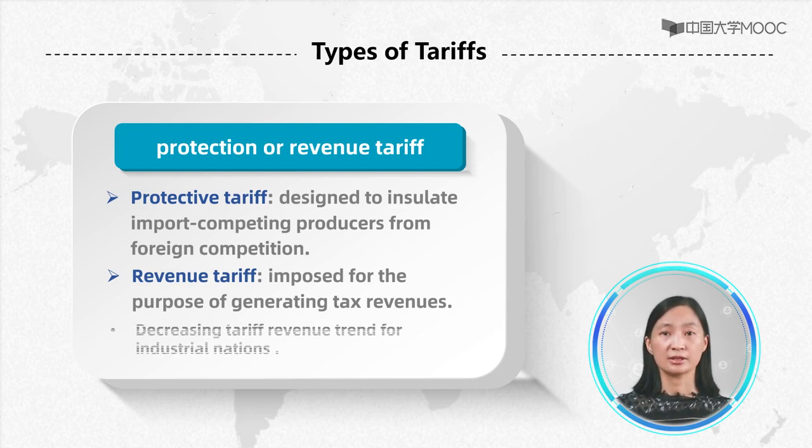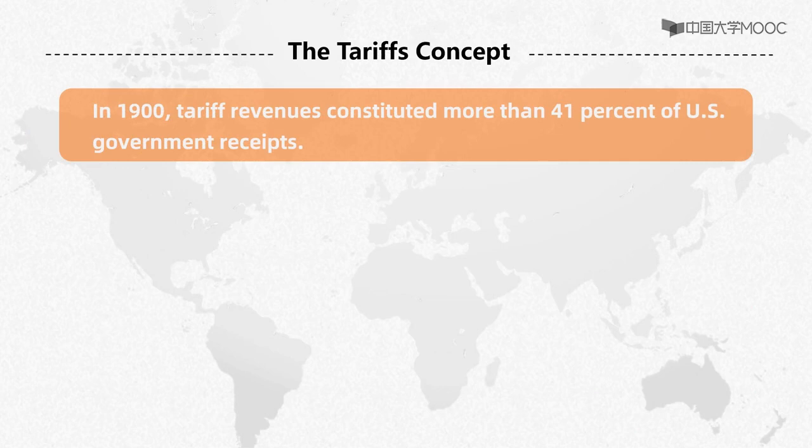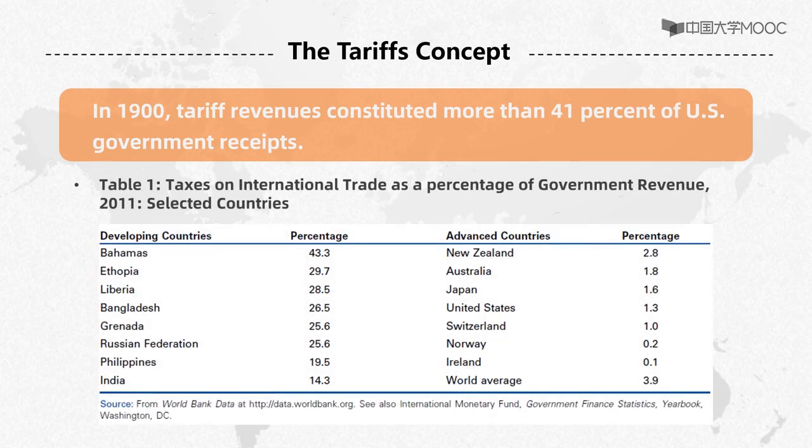Over time, tariff revenues have decreased as a source of government revenue for industrial nations. For example, in 1900, tariff revenues constituted more than 41% of U.S. government receipts. In 2011, the figure stood at about